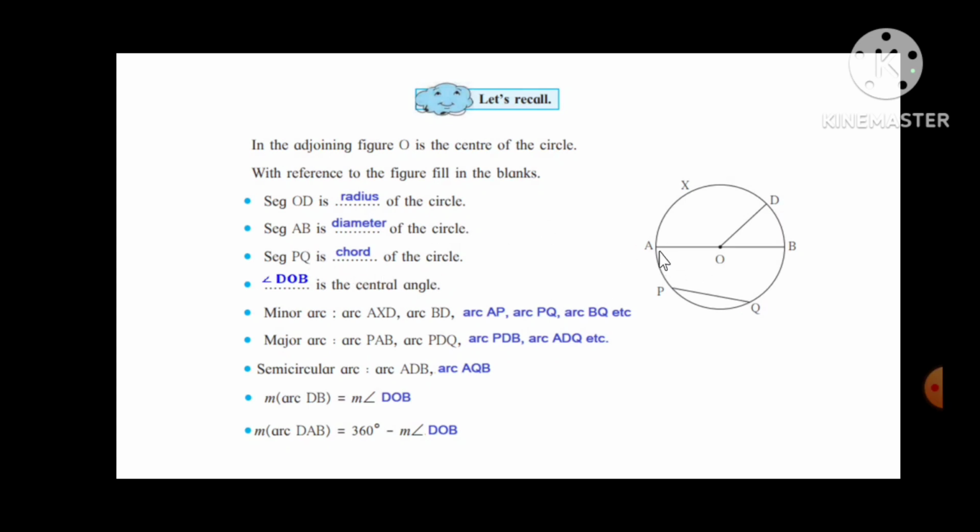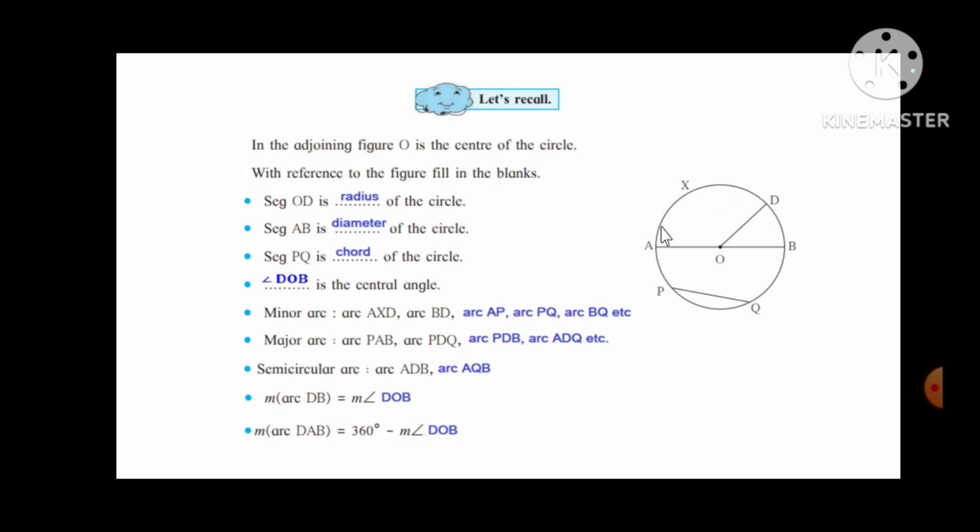Segment AB is passing through the center O. This is the diameter of the circle. Here segment PQ is nothing but a chord of the circle. Segment PQ is a chord. AB is the largest chord. Here angle DOB is the central angle. Here some minor arcs that you are getting are arc